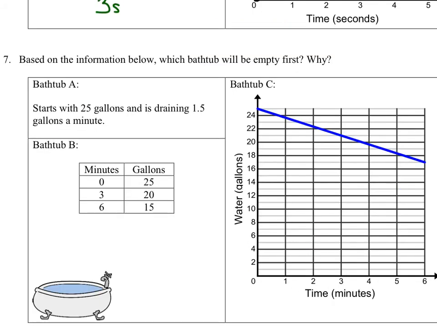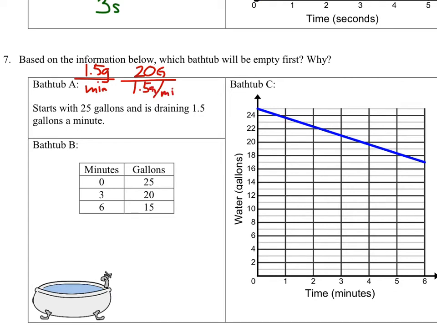Based on the information below, which bathtub will be empty first and why? Well, bathtub A starts with 25 gallons and is draining at 1.5 gallons a minute. So at 1.5 gallons every minute, this one, it appears, will take 20. So we're going to take the 20 gallons and divide it by 1.5 gallons